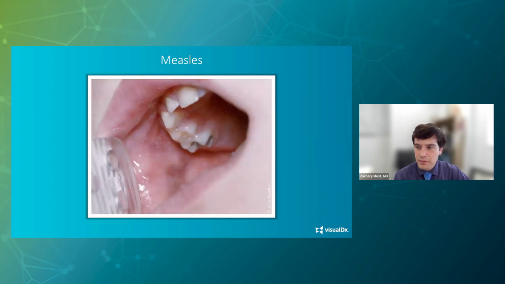Here's an example of them on the buccal mucosa, which is where they're most commonly found on exam. And here you get the central whitish, some people describe it as white or blue or gray, but a light color in the center. In some of these photographs, it is a little bit harder to tell than it would be in person. But if you look closely at this image, you can see a faint red or erythematous sort of halo around most of these lesions, especially the larger ones. And so that's what classically defines these as being Koplik spots.